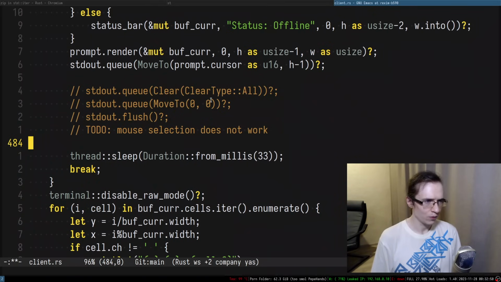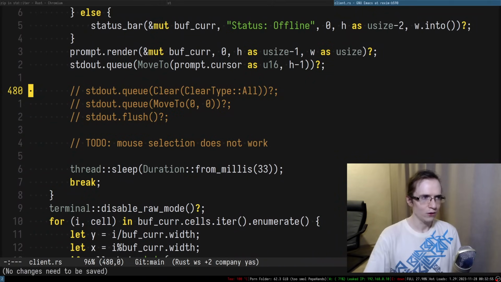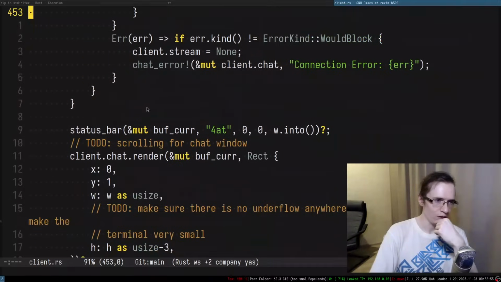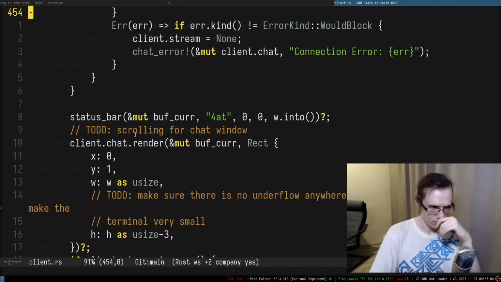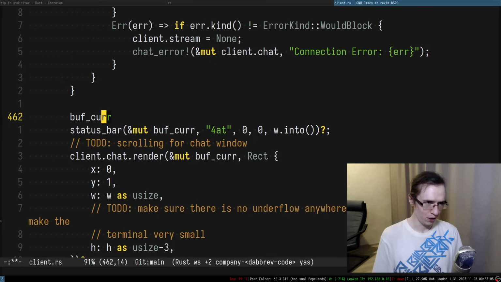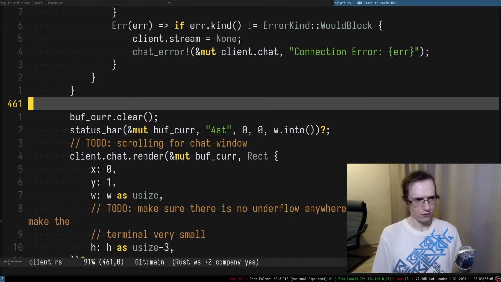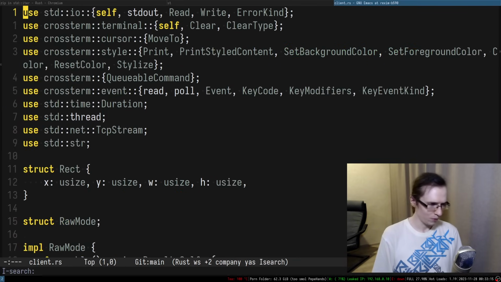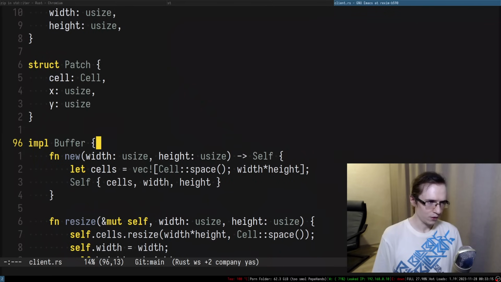Right. So we clear everything. I think the buffer needs to have a way to clean the entire screen. I'm pretty sure it needs to have something like that. So let's actually do buf.clear. Clear, I suppose, is going to fill everything with a space, right? So that's basically my idea. So implement buf and